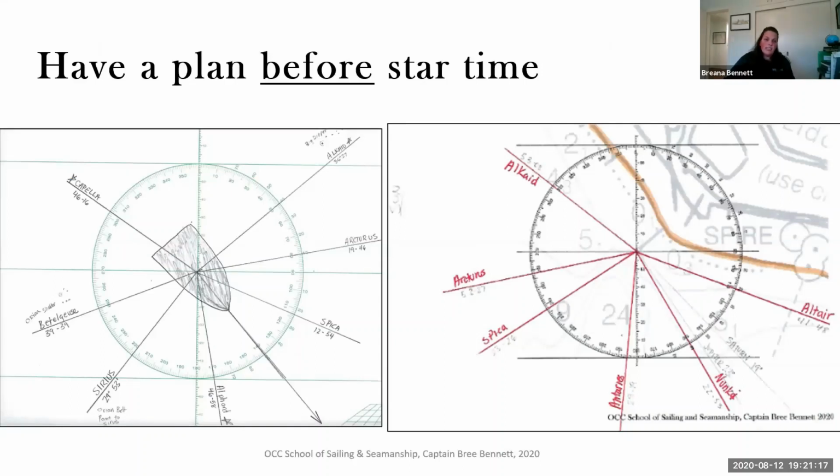So this is my plan before start time. I always like to go out there, whether it's going to be on the pier or on your boat, with a plan. So I use the 249 to get my 7 stars. I have 7 lines, and I just draw in my azimuth. It's giving me a ZN, so I draw that in, and then I'll put the name of the star and